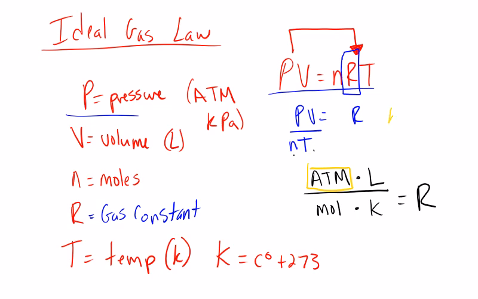If we wanted to write it with kPa, it would look very similar, except the numbers will be a little different. The units will be the exact same. So you can see there are two R constants, and they have two different numbers that go along with them that you're going to have to memorize. So let's get to memorizing these R constants. As I said before, there are going to be two R constants, and it's completely based off of the pressure. If someone gives you a problem that has atmospheres in it, you're going to need to use the R constant that is associated with atmosphere,